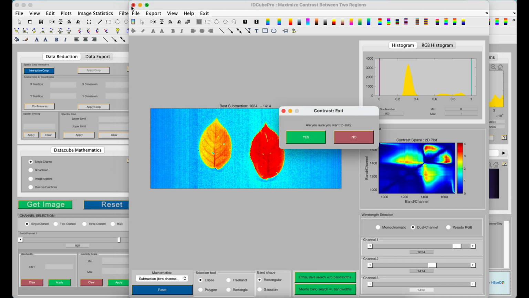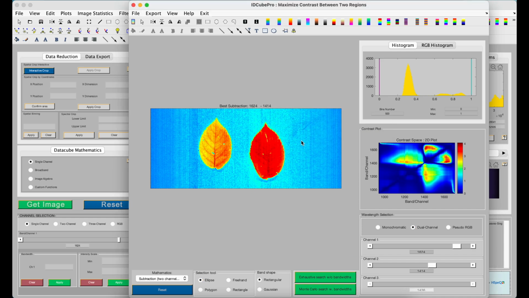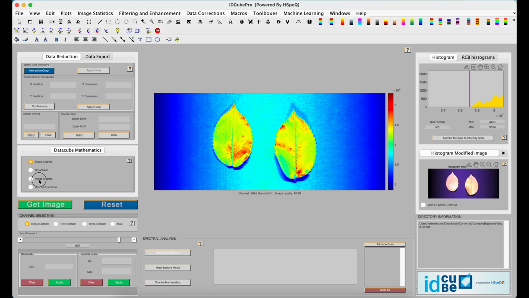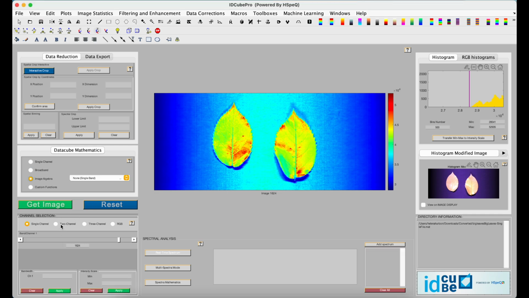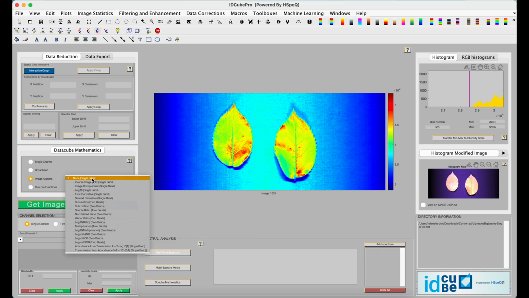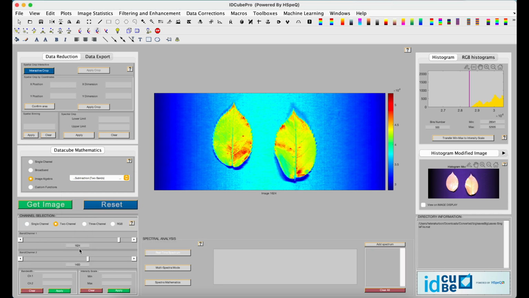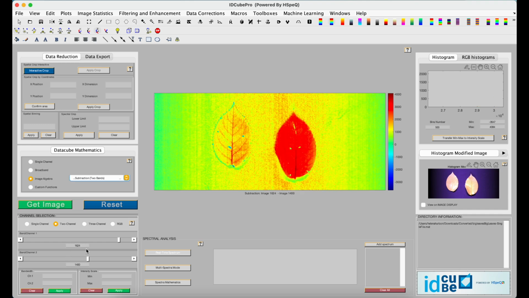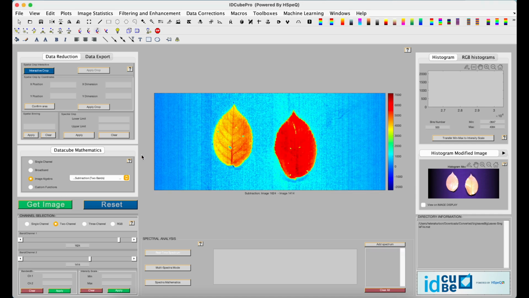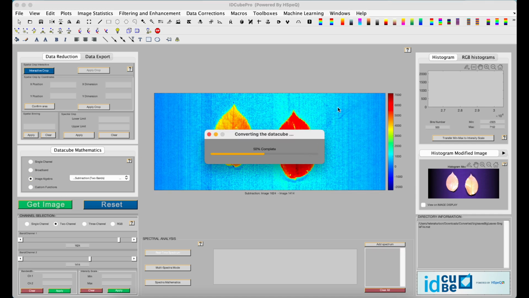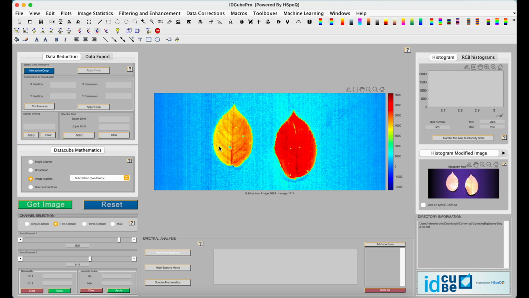So what we can do is X out of that and go to image algebra. You'll choose subtraction. 1624 already there, 1400, or you can use even 1414 and get the image. And as you can see, there is a large amount of contrast between each of these leaves to indicate that there is a difference between the two leaves. In this particular example, one of the leaves is dry and one of the leaves was just pulled off of